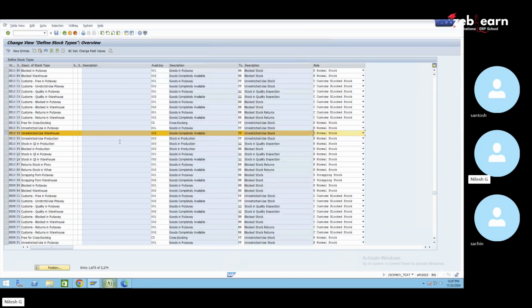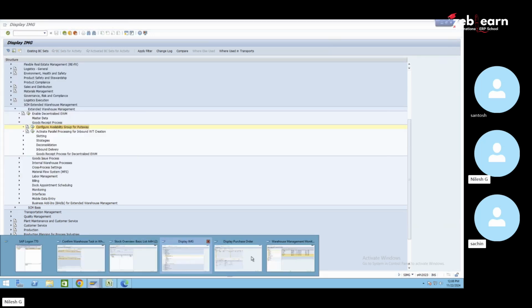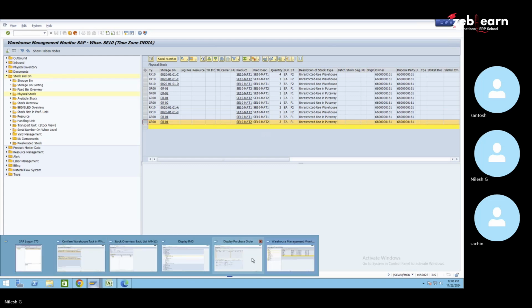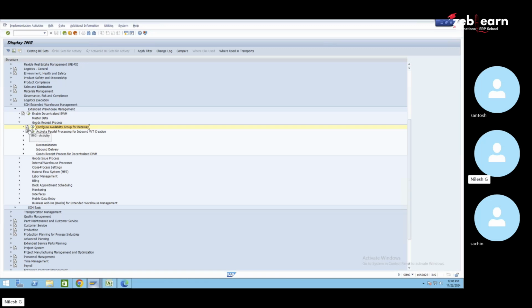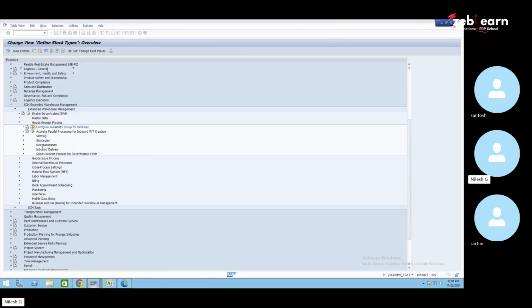Clear this thing? How do we update F2? Then for 001, first of all, where do we maintain 001, or how does the system trigger this F1, which is linked to 001? If you go to the configuration again, here availability group for putaway, stock type,